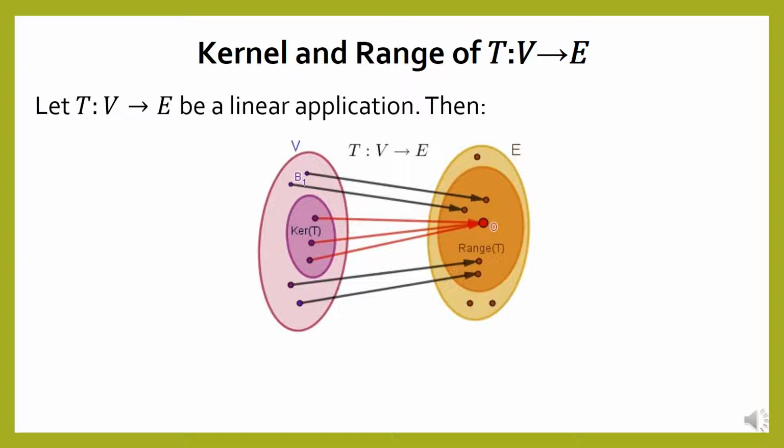The set of elements of V whose image is the null vector of E is the kernel of T. The set of elements of E that T can take as its objects vary over V is the range of T. Formally, we have